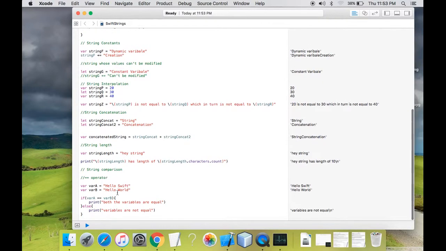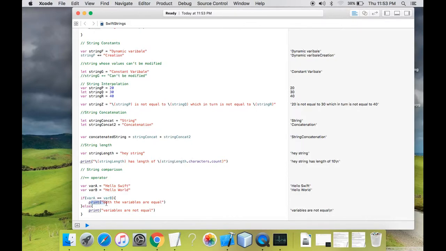As you can see, I have created two variables and assigned a value to both. Now I am doing a comparison between these two variables, and I have mentioned that for the comparison you need to use the double equal to operator. I have used if to check whether var a equals var b.